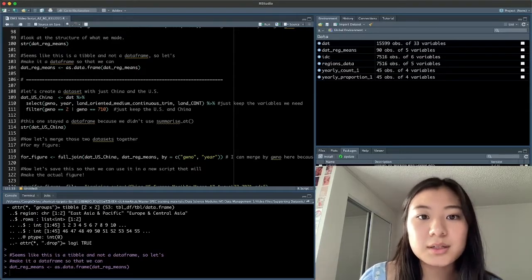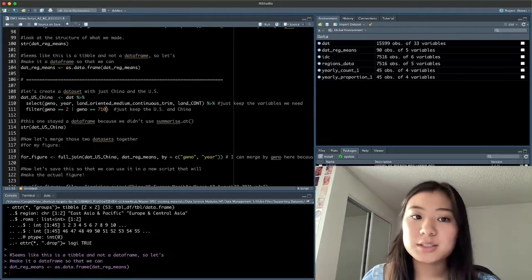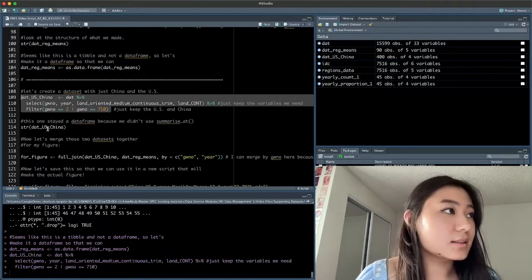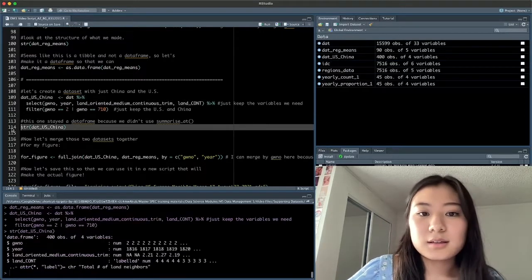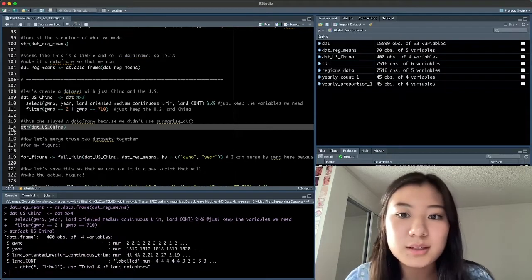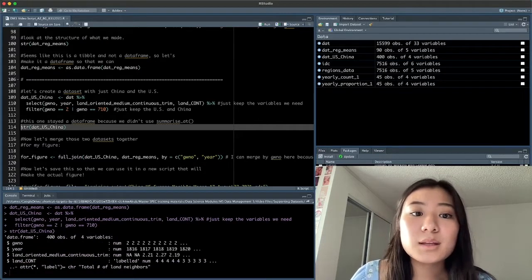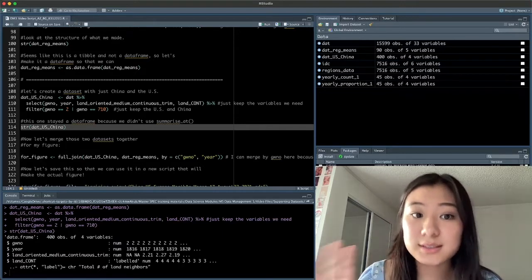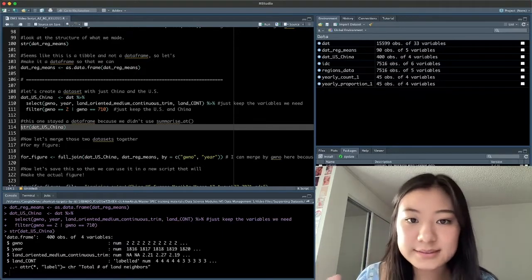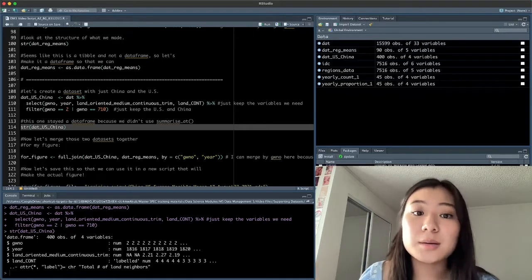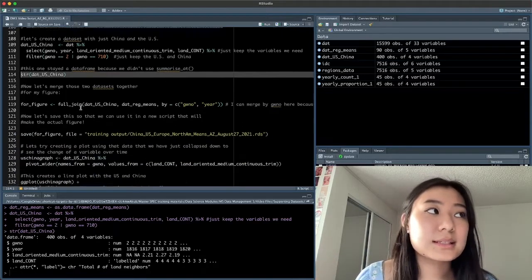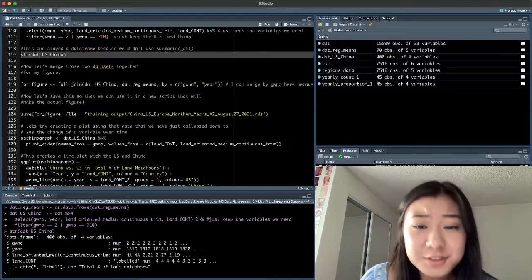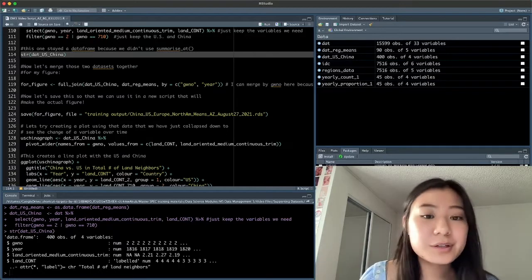This filter command will give us a much smaller country year data object here. Now let's take a look at the structure of that. We have just 4 variables and 400 observations. It's still a lot of years, but we just have the 2 countries without using a summarize command. So we didn't collapse this data down, we just filtered out a subset of the observations. Since we didn't collapse the data, it's still a data frame. We still have GWNO, we still have year, but we're in really good shape.